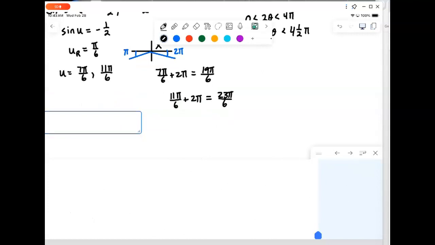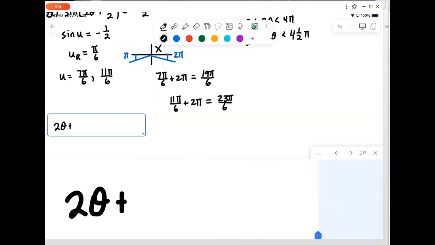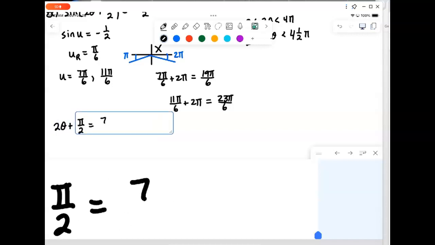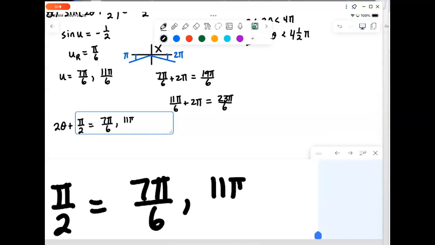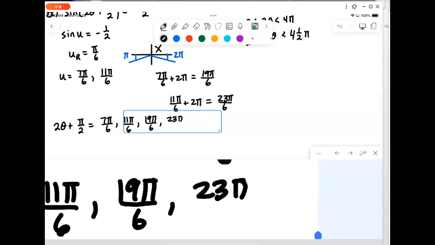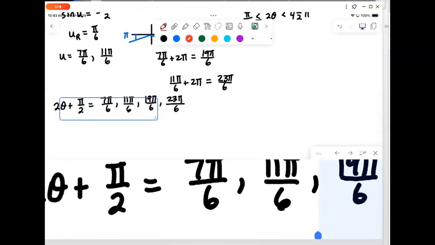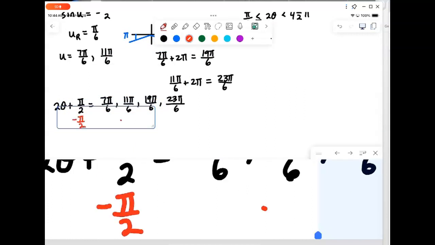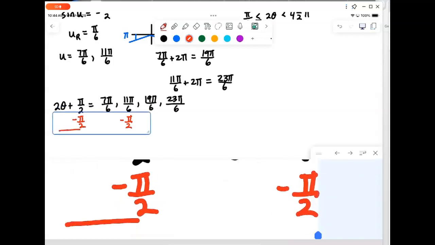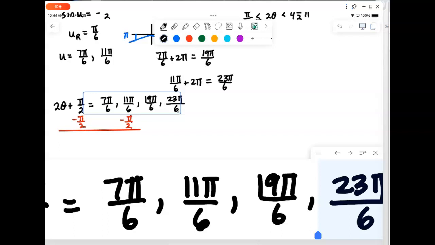Okay. And then we just take our original angle, 2 theta plus pi over 2, and we set it equal to those 4 values. And then we have the work of essentially solving these 4 equations, although the process of solving them is really just the same process repeated 4 times. Right, so to solve now for theta, we would have to subtract off our pi over 2. And again, I really encourage you with these arithmetic problems here to think of that as just subtracting off a half. So when you do the arithmetic, 7/6 minus a half,